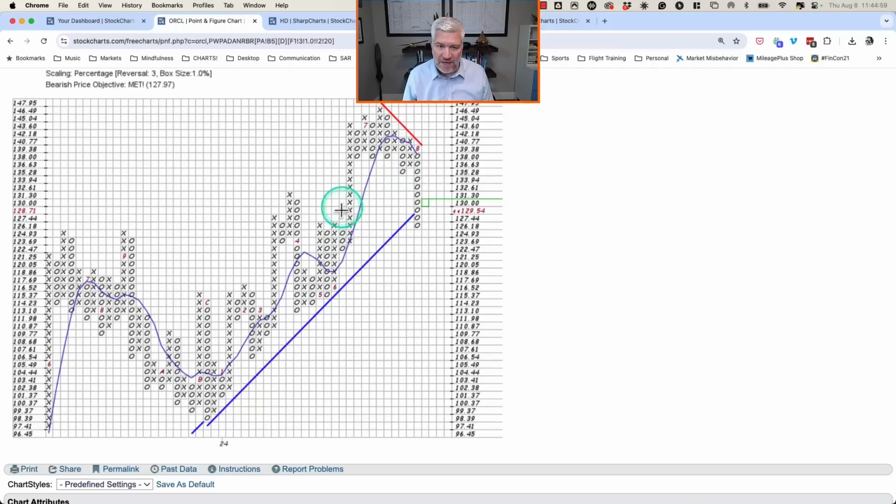So there's a strong buy signal called the triple top breakout. Here's a strong sell signal called a double bottom breakdown. One, two bottoms, and then this one goes below the previous column of O's. So those sell signals indicate that Oracle has rotated from a bullish phase to now more of a consolidation to